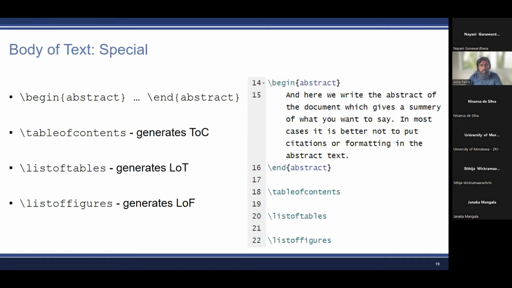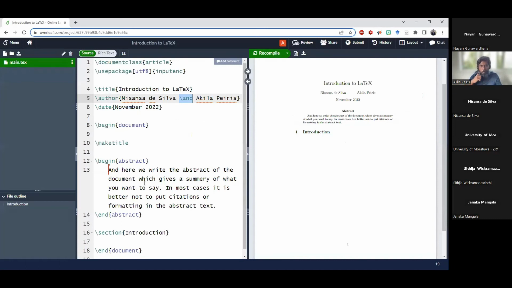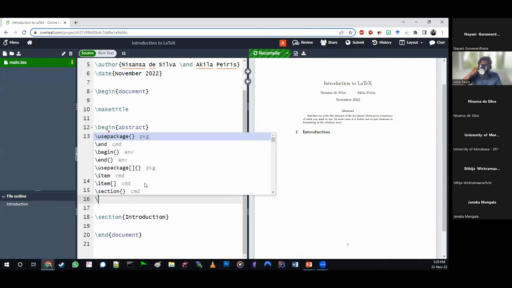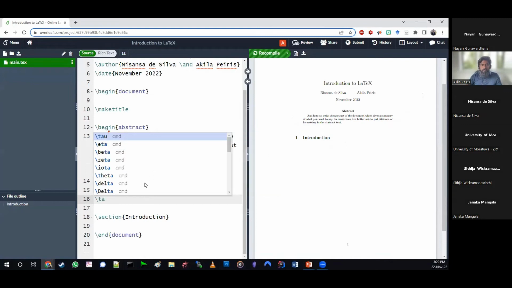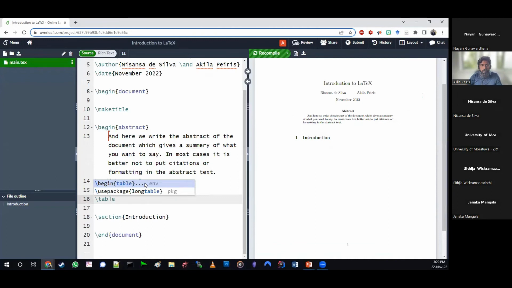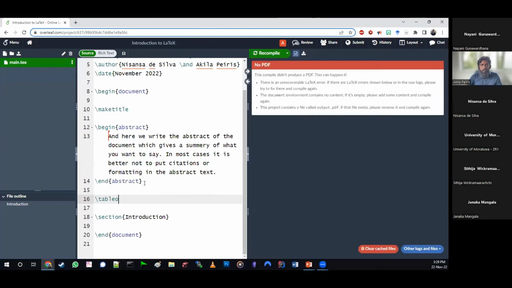So now what we are going to do is we are going to put it and actually forget it, even though we do not have any document, even though we do not have any items, figures and so on and so forth. We are going to just put it and then forget. Okay, so let's put table of contents, it is actually there.